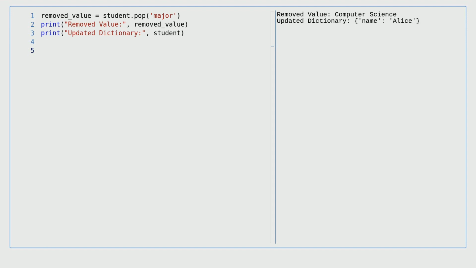We've learned two ways to remove key-value pairs from a dictionary in Python, using the del keyword and the pop function. Both methods are very useful, and their use depends on your specific needs in your Python programs. Keep practicing and experimenting with these methods, and you'll soon become proficient at